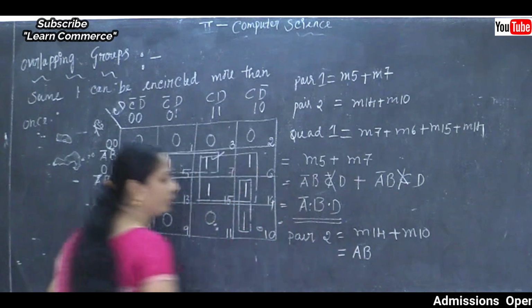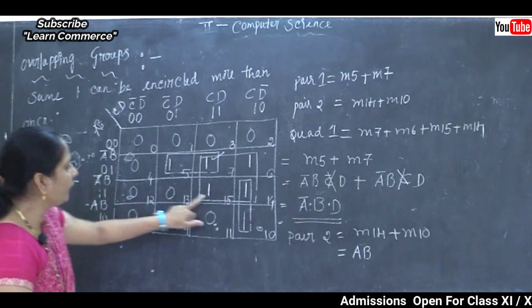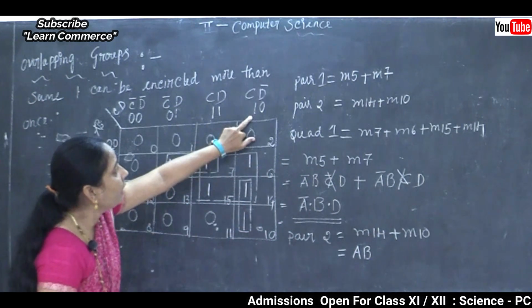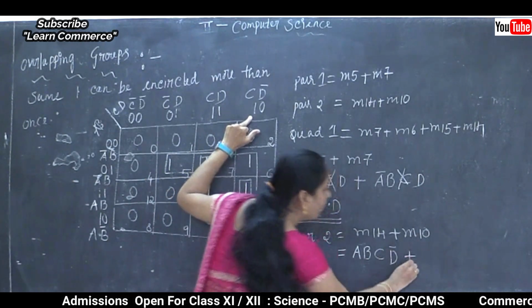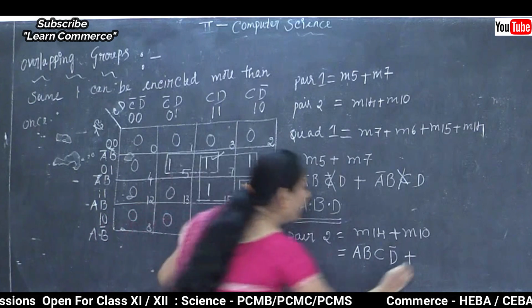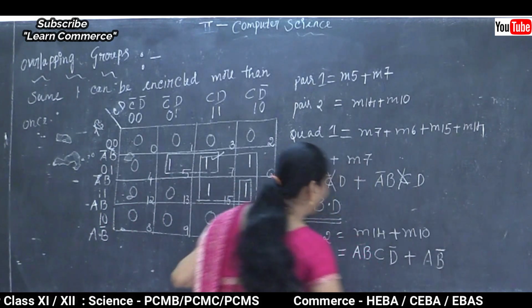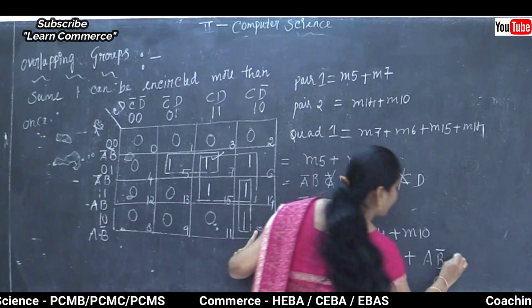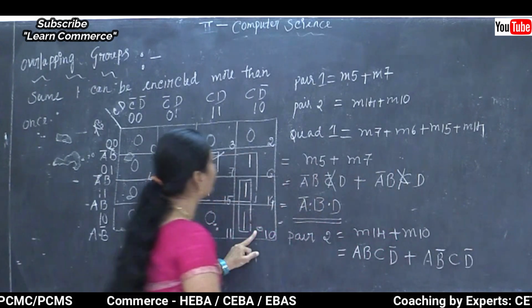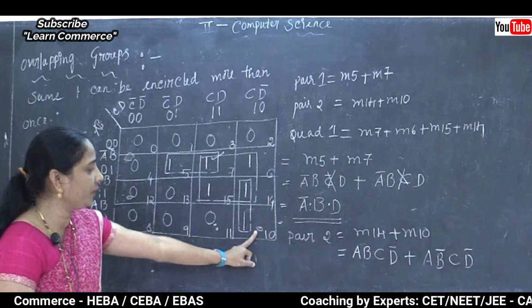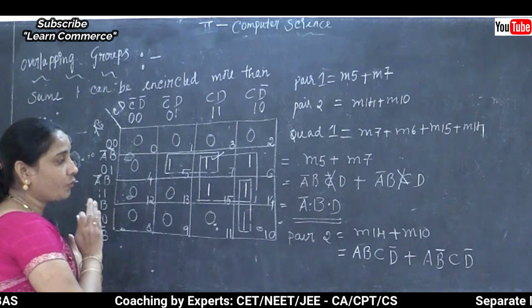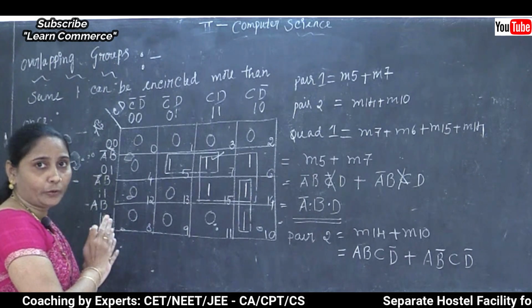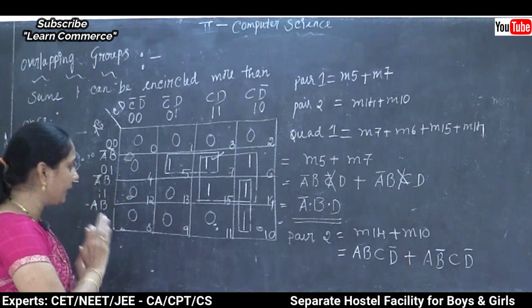The left side value is A, B here, and we need to take the top side value, that is C complement D, plus the 10 value, also A complement B and the top side value C complement D here. So clear this point here. Pair 2, so 14 and 10. For pair 2 I am going to take the value 14 and 10.